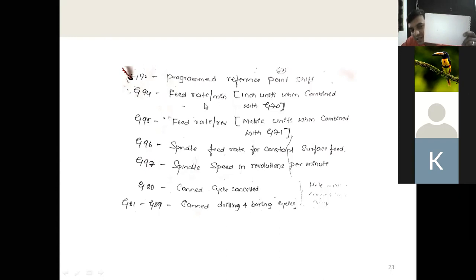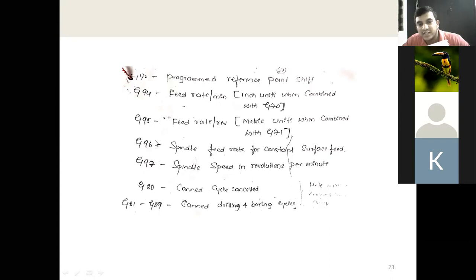For turning or lathe operations we use G95, meaning for one revolution, how much metal is removed. That shows the feed rate. G94 is used in milling and drilling, and G95 is used in turning.